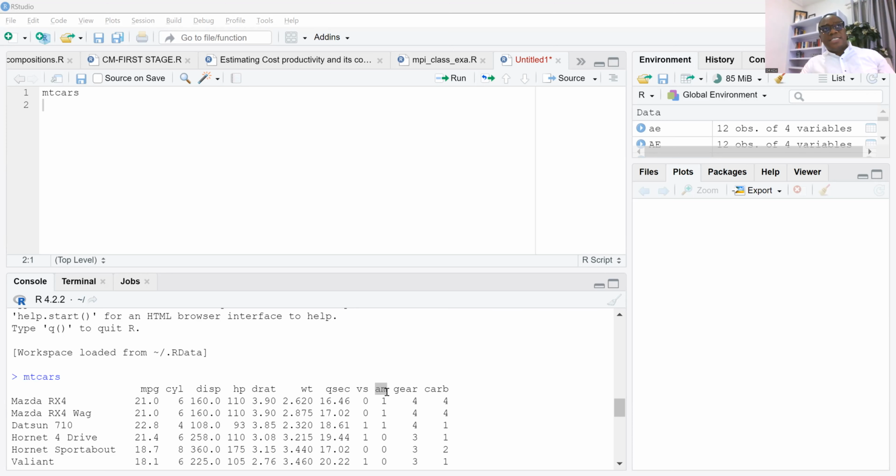Now let's make an assumption that the data is normally distributed. All right. Then we check whether automatic cars outperform manual cars. That's what you want to check. In other words, do you believe that automatic cars significantly, the moment the word significantly comes in, it means that you are doing a statistical testing. Whether automatic cars significantly outperform manual cars. That's what you want to check. And when you look at the data set,